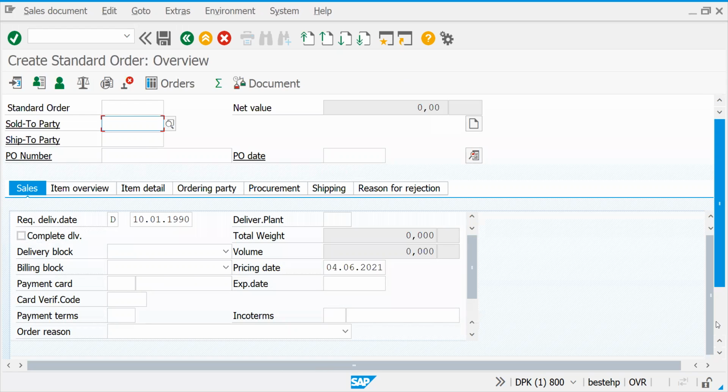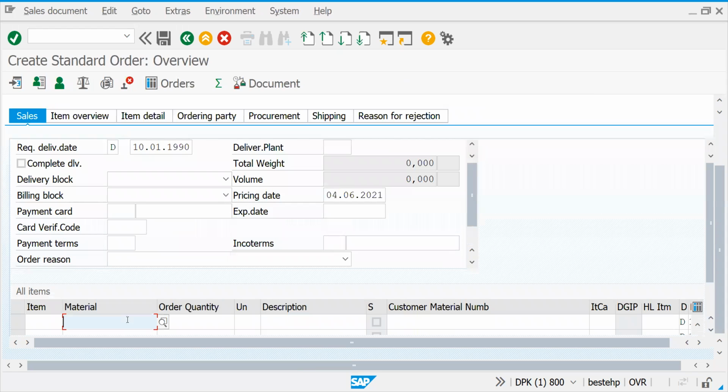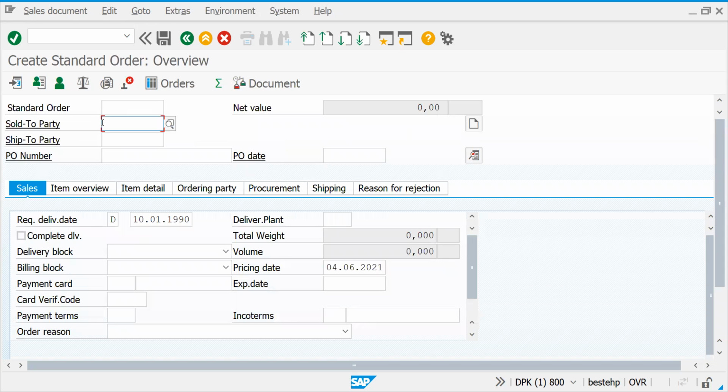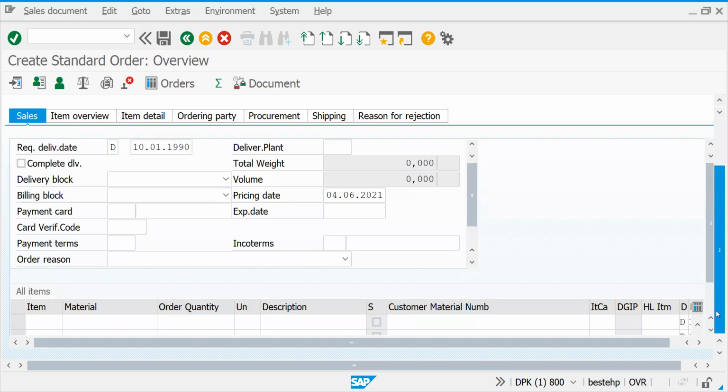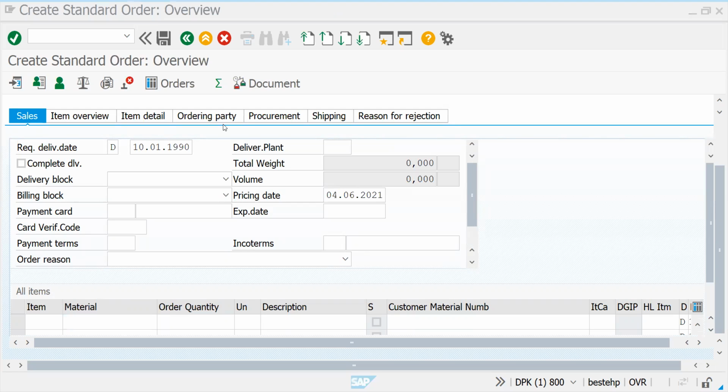Only then does that customer become a wholesaler. That we are going to see in our next session. In the similar way, the material should be available to sell to your wholesaler. That also we are going to create. These two are master data: this is called customer master data, and for sales, this material data we will call the material master data. That we are going to see in our further sessions. Let's conclude the session for assignments.